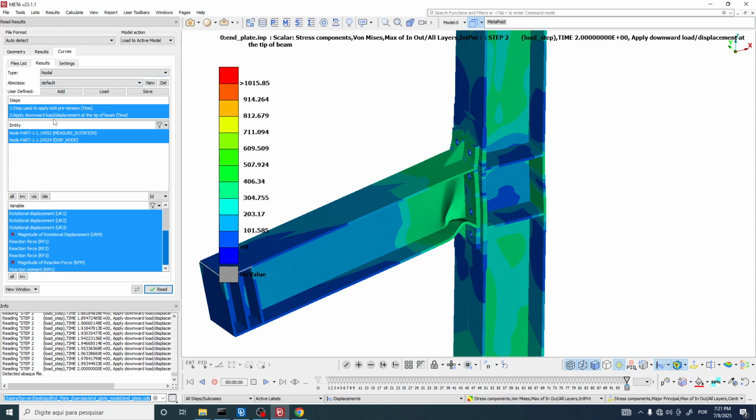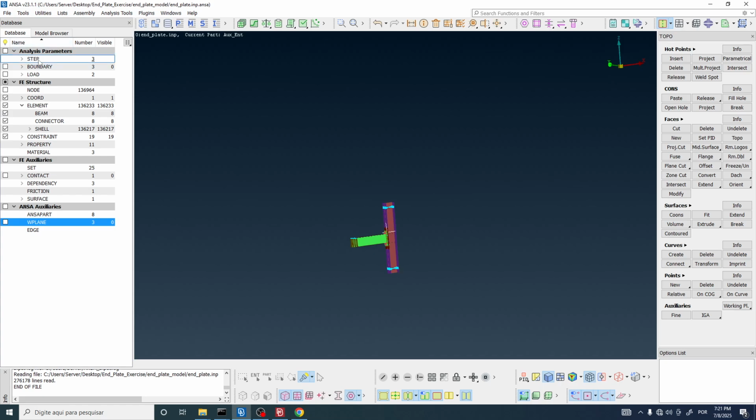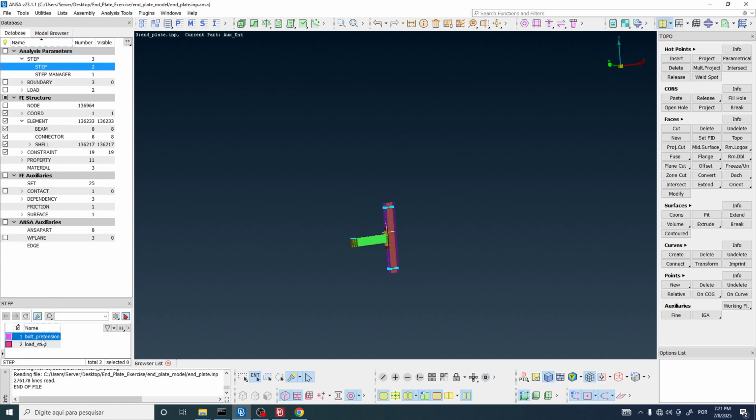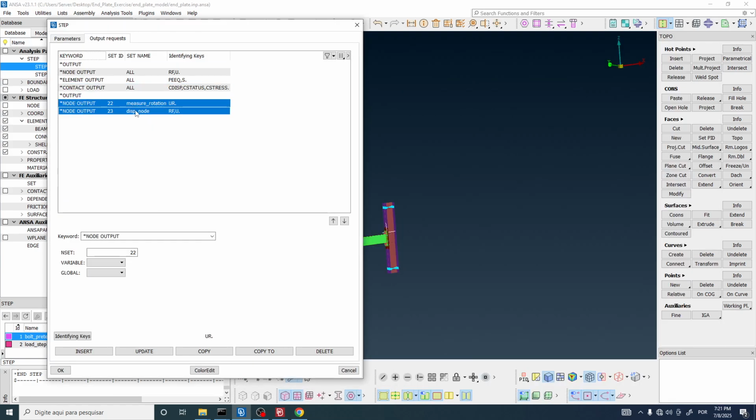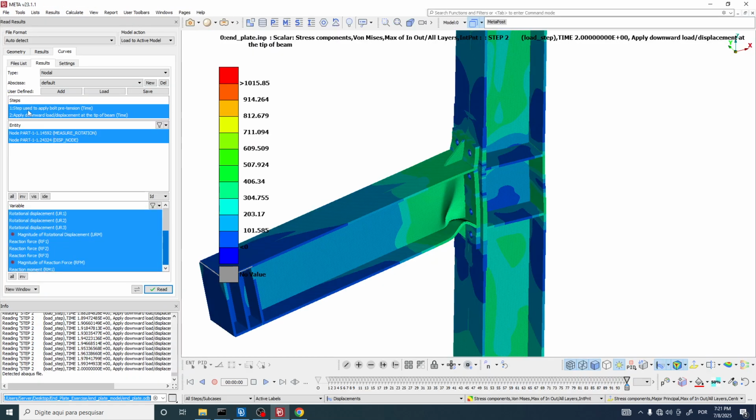What we have here is the history output that is registered or saved in the .odb file. So here we have access to the history output that we have defined here. So here in the first step, we have defined these two history output requests. As you see, we have these two entities. So first of all, you see, I want to calculate nodal